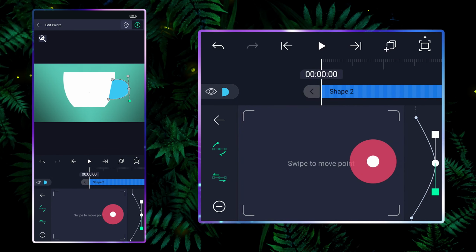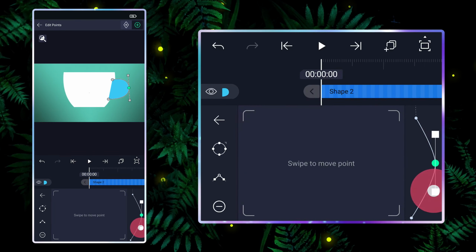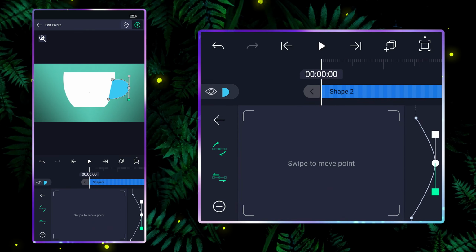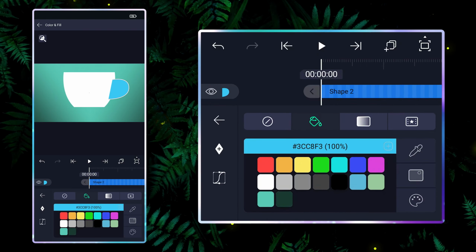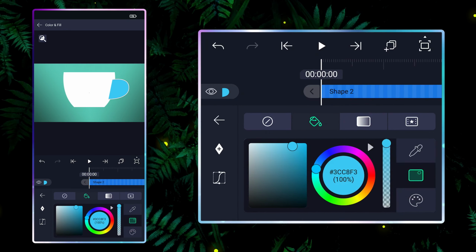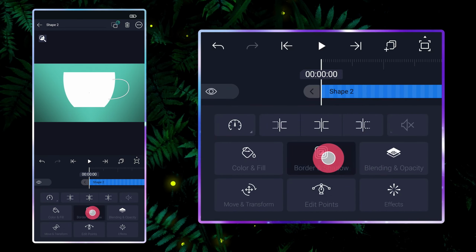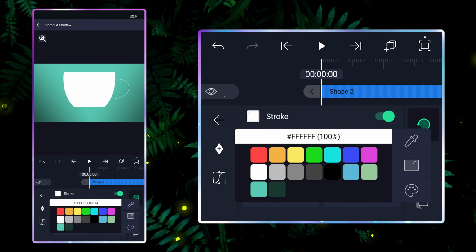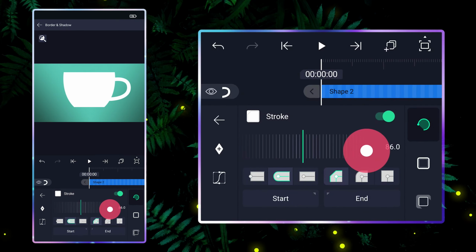Adjust the curve to make it more like a cup handle. Make it transparent. Add a white stroke to it. I'm keeping the stroke value near about 90.